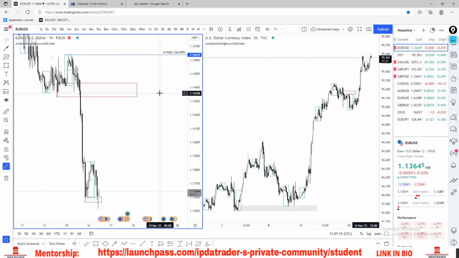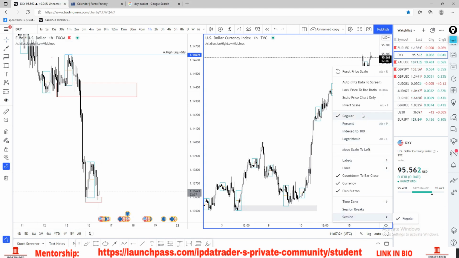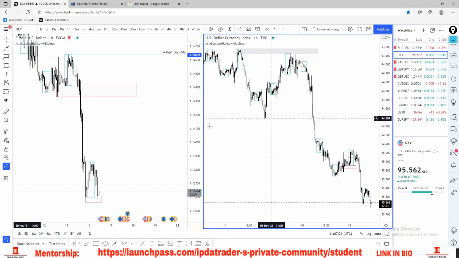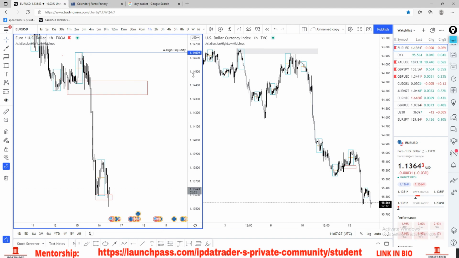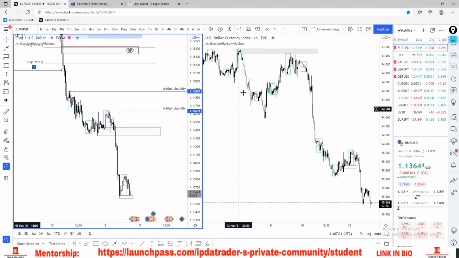So if I actually go over here and invert the scale, you will see that very clearly, right? You can now understand, and if I actually zoom out a little more, you can see how similar these two markets look as I invert the DXY, right? So this is pretty powerful, right? Because now if we